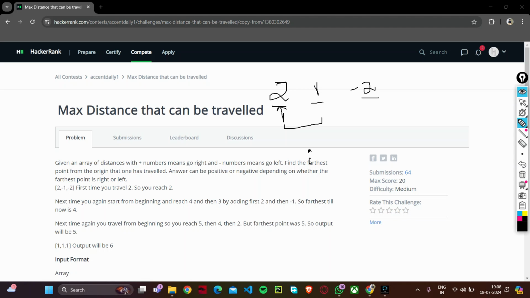the person starts at the point 0 and moves to the right by 2 units. So the current position is 2 and the farthest position is also 2. And now in the second traversal, we have to consider the subarray 2, 1, and now we have to travel from the current position. So one travels from 2 to 4 by adding 2 to the current position, and now the farthest position is 4,